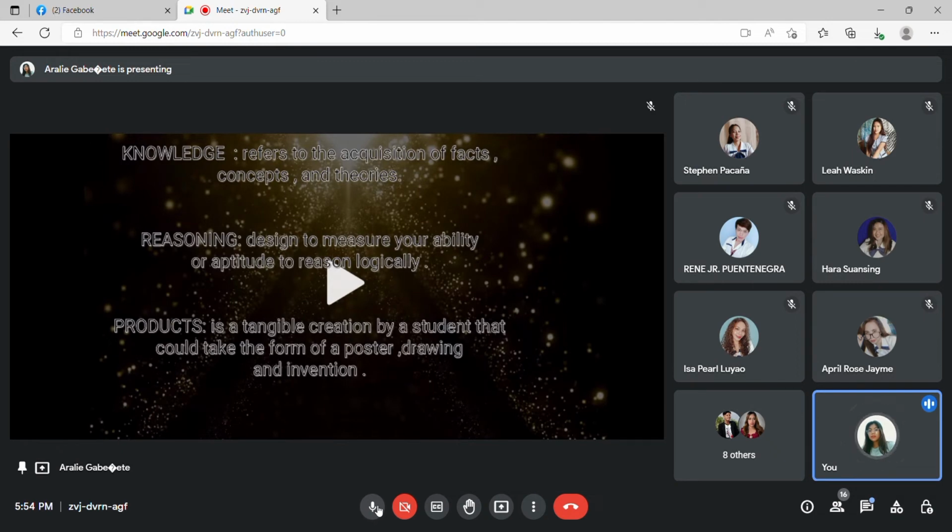And the last choice we have is the product. It is wrong because it is a tangible creation by a student that could take the form of a poster, drawing, or invention. It focuses on evaluating the result or outcomes of a process. Now let's move on